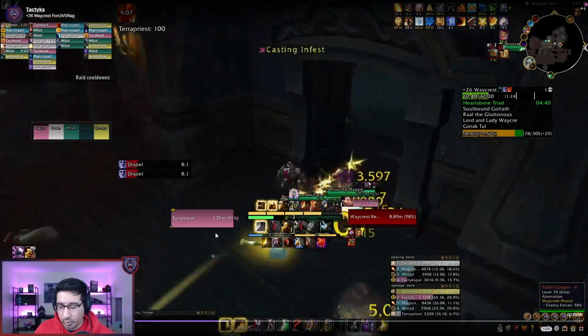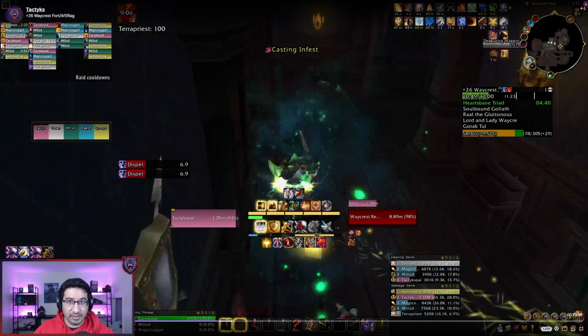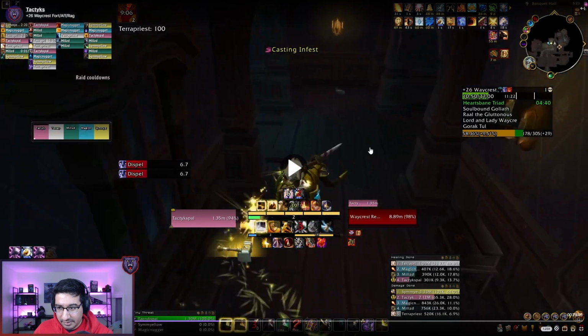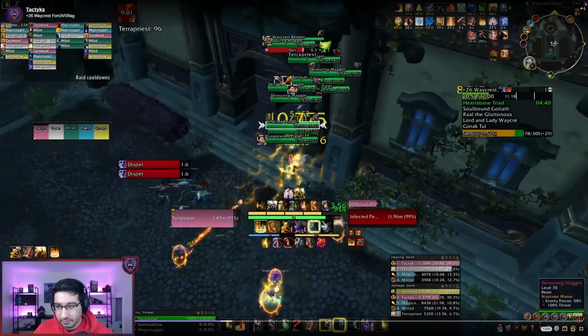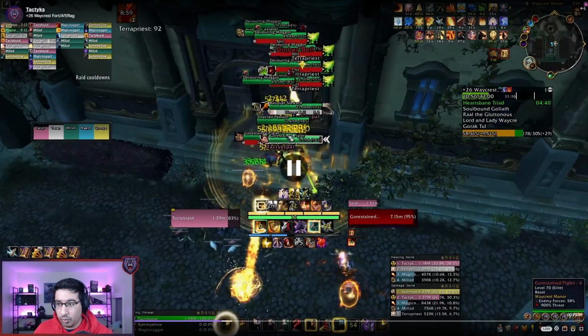So I'm going to pull off the Waycrest Reveler, and I'm going to throw a Judgment. Obviously, I'm not going to Avenger Shield. I'm not going to pull off the far left mob, and that means that I do not pull the boss, luckily, and I'm going to run straight back out here. This was a lot of spits. Look at this. This is what you're trying to avoid here, and this is what potentially LOSing initially would help